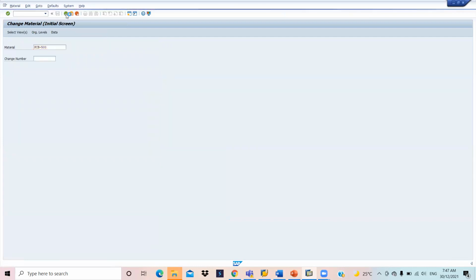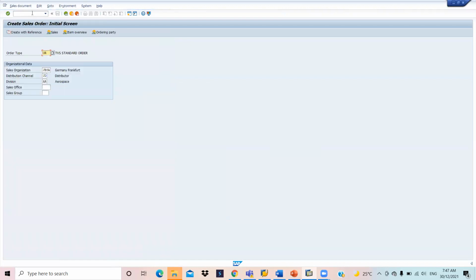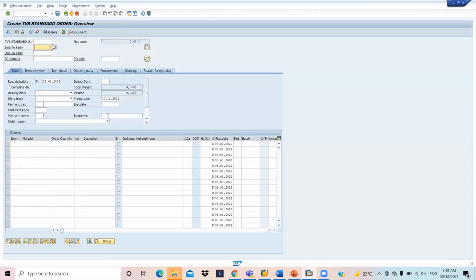Just come back. And now after setting up the configuration for storage location determination in OVL3, we will go and check the delivery document whether our storage location is determined automatically or not. Now I'm booking the sales order. My customer, and my material is, it's taking some time.